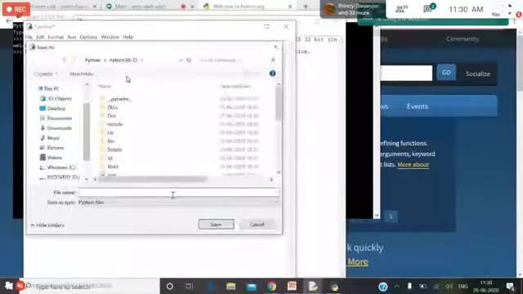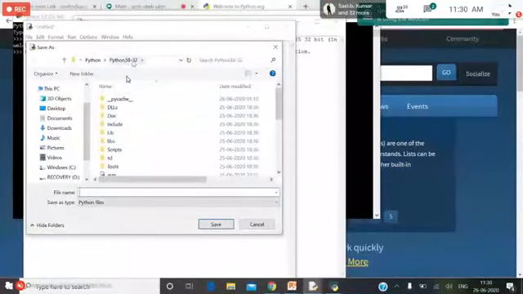By default it will take you to the folder of the Python you have installed in your system. You cannot save to your C directory or D directory. It takes you to the folder called Python 3.8 32-bit.